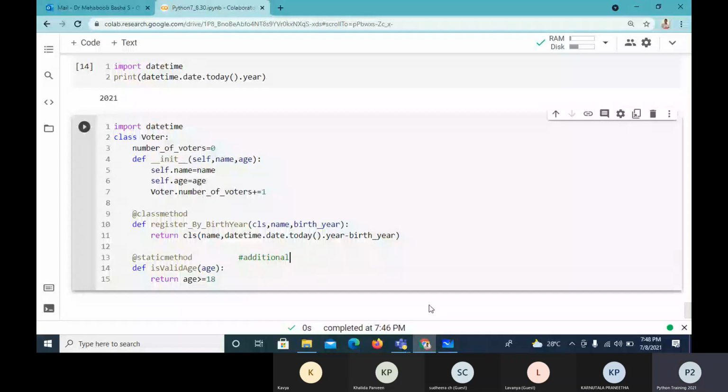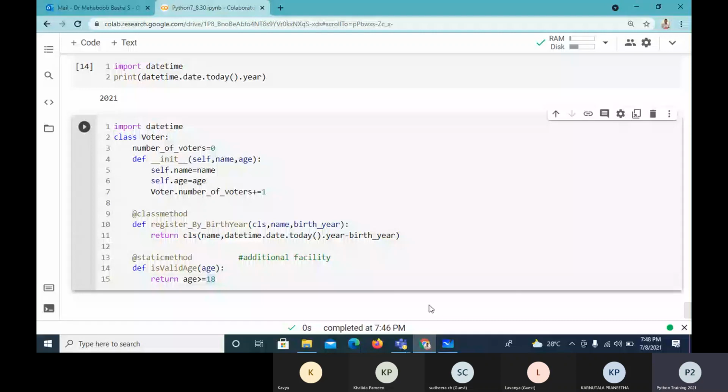Now I want to create one instance method, which is the __str__. I told you what it does. I just want to have this facility.